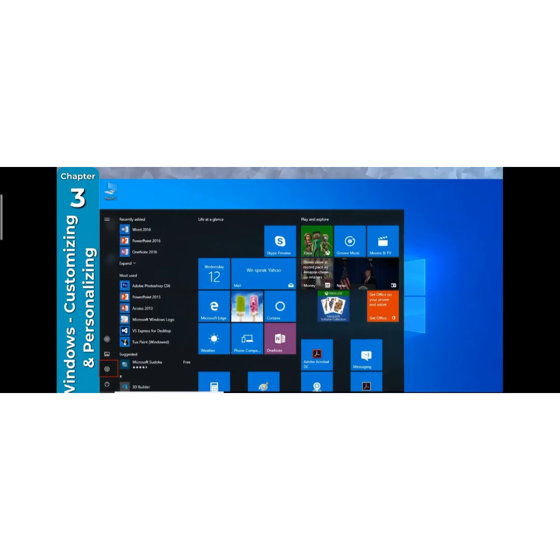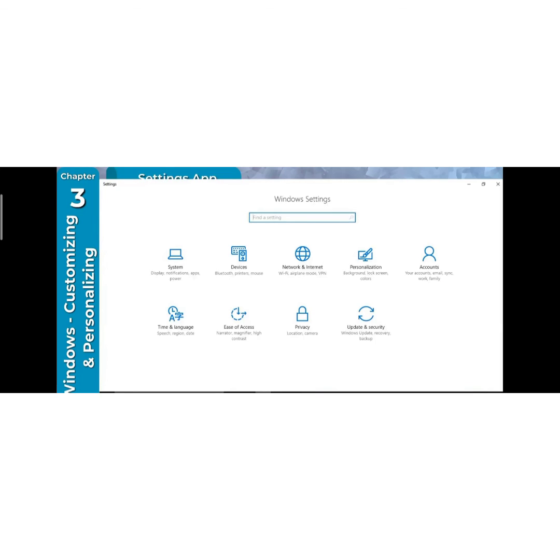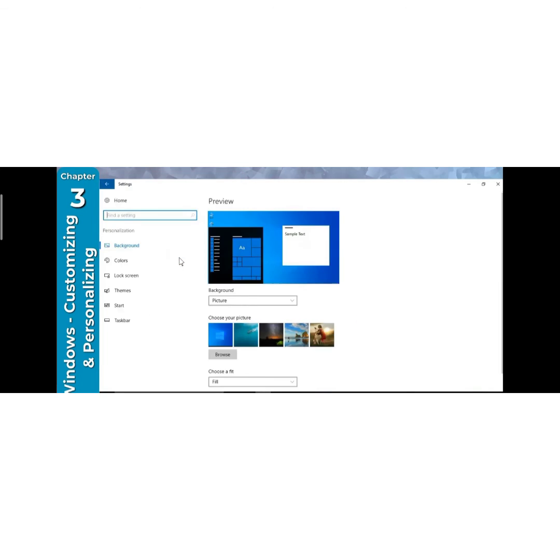After that we have setting application. It is the Windows app that you see for customizing and configuring many aspects of your Windows system. Many of the customizing tasks are performed using the setting app. Click on the start button to open start menu. Setting app will appear. Now navigate the settings. Click on any category.